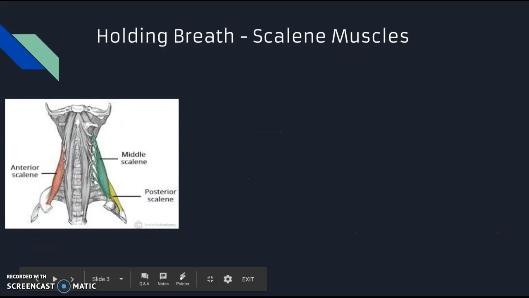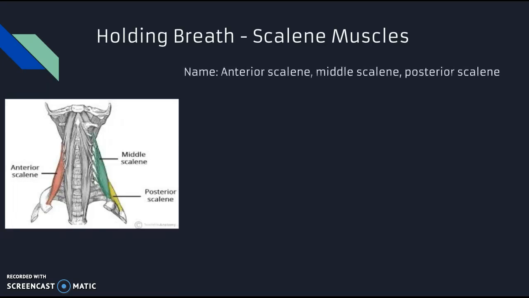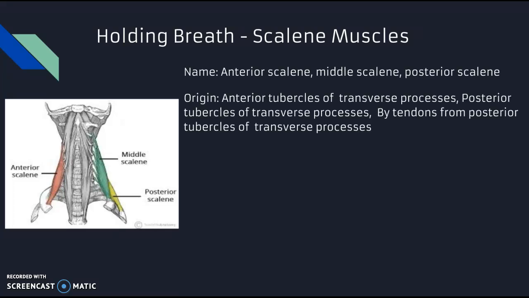The second muscle that I will be talking about is the scalene muscles. There are three types of scalene muscles: the anterior scalene, middle scalene, and posterior scalene. The anterior scalene muscles attach at the tubercles of the transverse processes of cervical vertebrae 3 to 6. The middle scalene muscles attach at the posterior tubercles of the transverse processes of cervical vertebrae 2 to 7. The posterior scalene muscles attach at tendons from the posterior tubercles of the transverse processes of cervical vertebrae 4 to